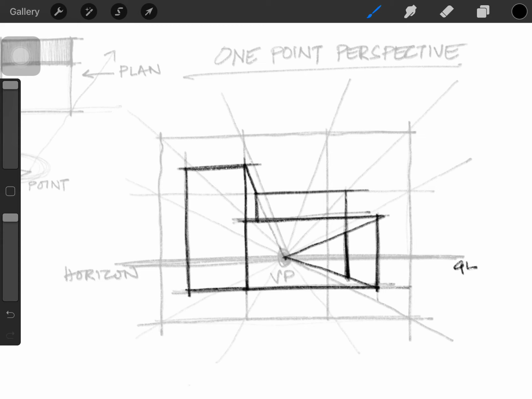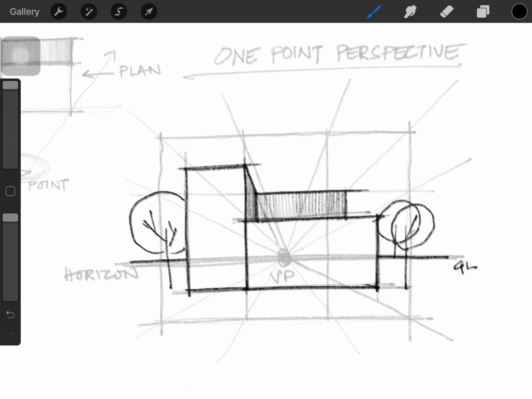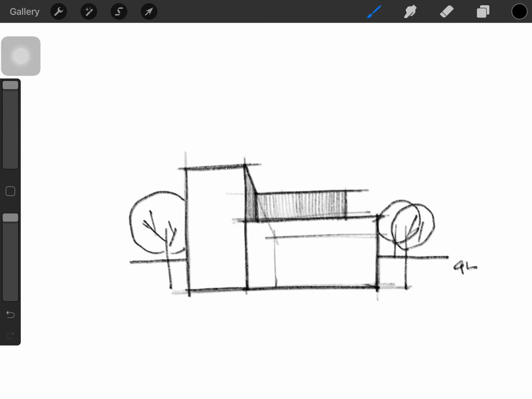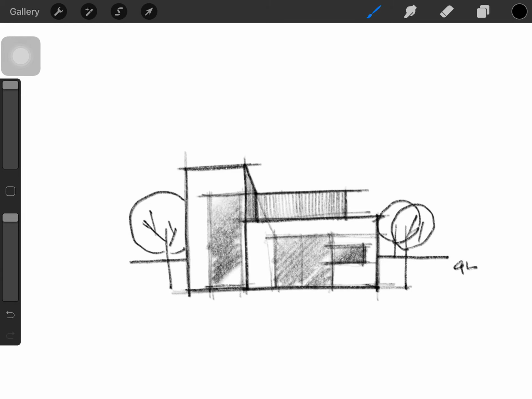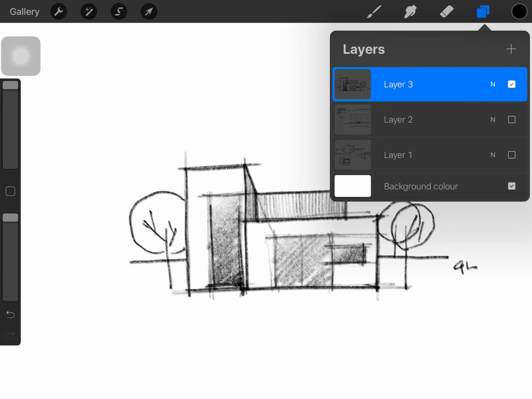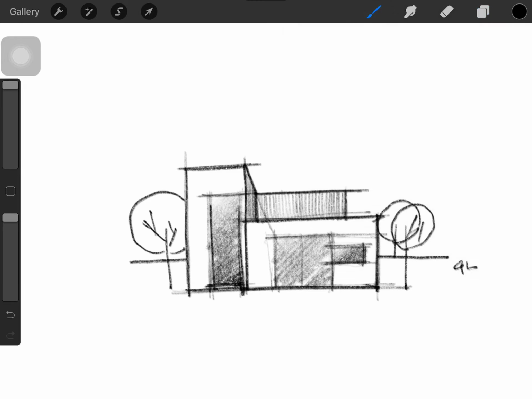And when the shape is ready, you can start darkening out the lines of the joineries and bring out the shape that you want to see. I'm going to shade a little part to show the depth. And I'm going to add a bit of trees on the horizon line to make it a little more realistic, to make the composition better. So essentially it's like an elevation showing the depths of your shape. And now you can doodle around to create the elevational aspects of the shape. And that is how a one point perspective works.